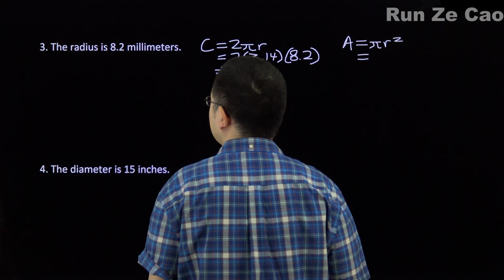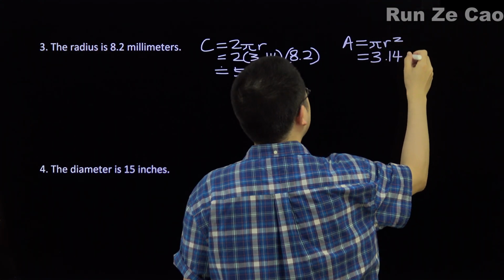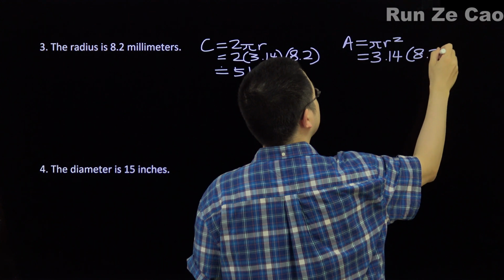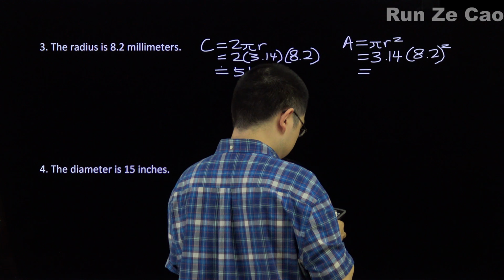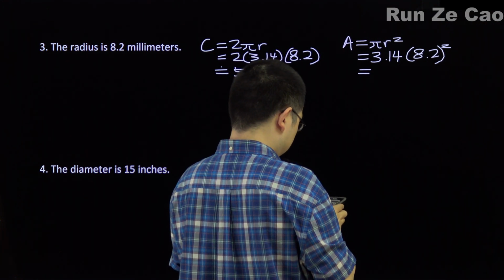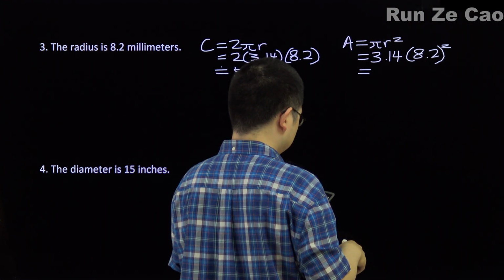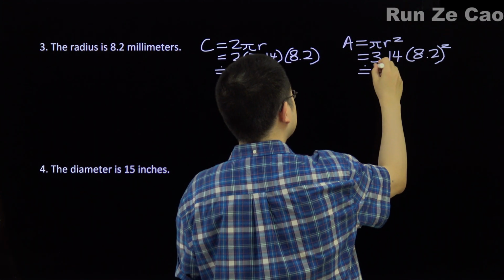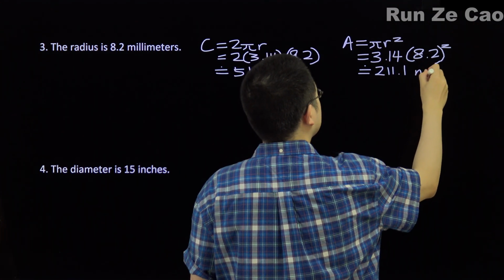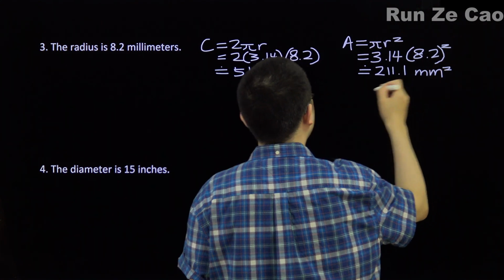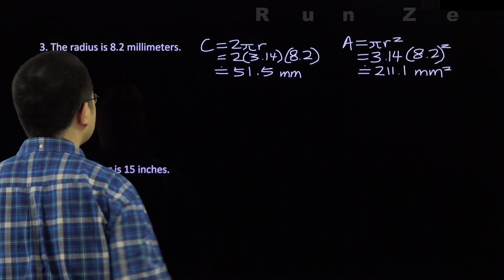Pi r squared is going to be, we're told to use 3.14 for pi, so we do that, and r is just 8.2 millimeters squared. That gives us 8.2 squared times 3.14, and you get 211.1336. So that's approximately 211.1. The units are millimeters squared for area and millimeters for circumference, because here the radius we were given was